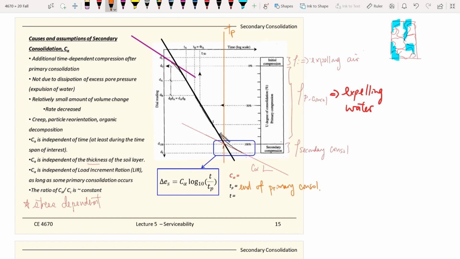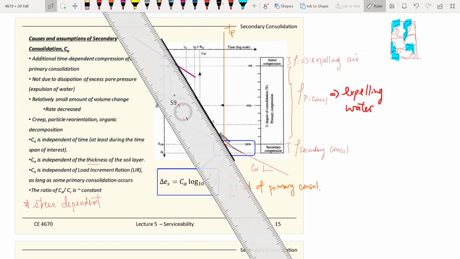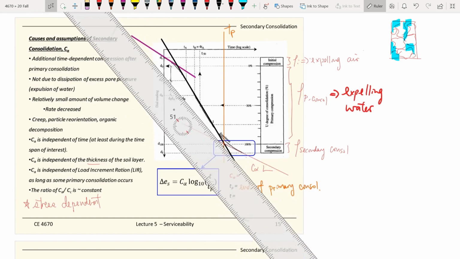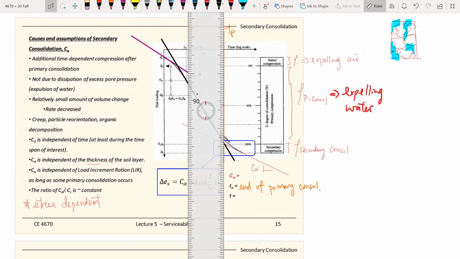But anyway, this is the end of primary, and a very important concept. This is stress dependence, which means the behavior of the T sub P, the overall behavior of expelling water, depends on the stress. And T sub P is defined by the intersection between the two slopes, the primary slope and also the secondary slope. So the intersection point between the primary section and the secondary section would be your end of primary, the time of